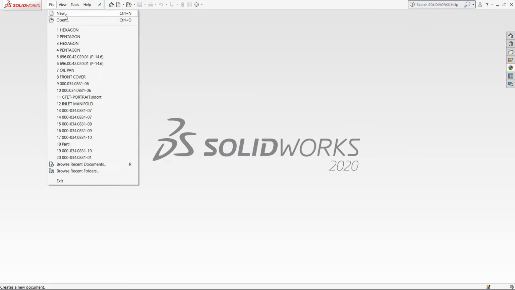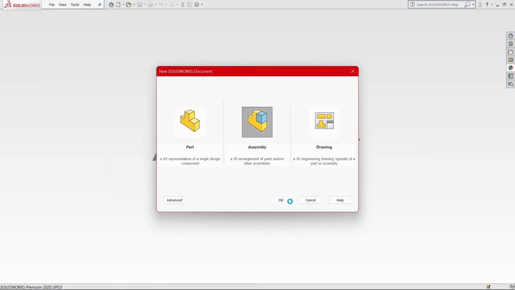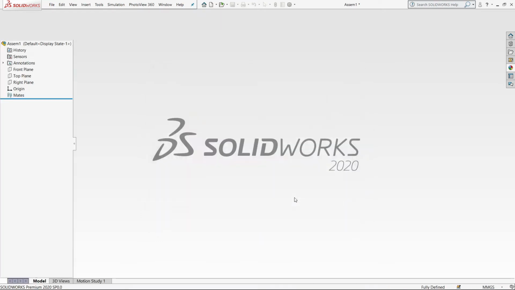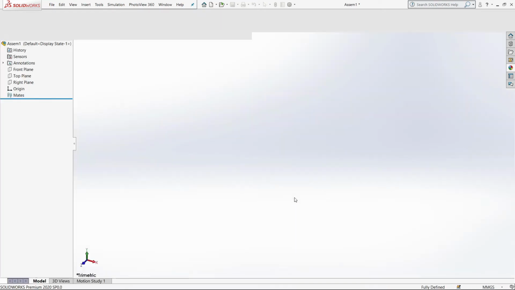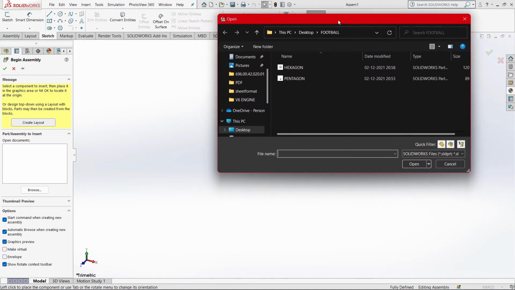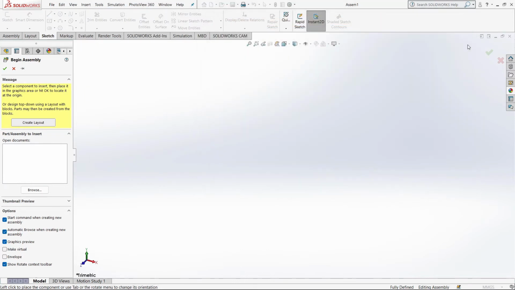open an assembly workbench. Assembly, click on OK. Then what we have to do is, over in the assembly workbench, we have to call both the parts and do some assembly mate over here to make the football. What we're gonna do is